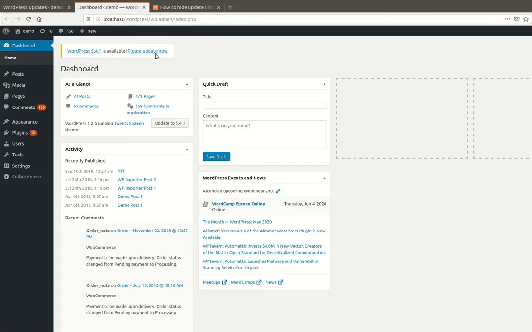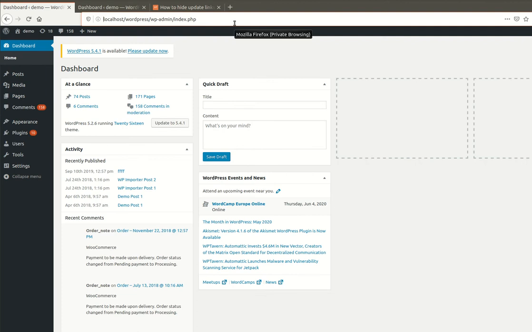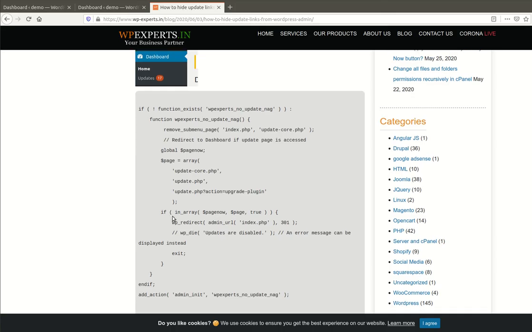Here you can see the update menu link has been removed. Okay, now I'll put this one back again, because I have removed the last function. Let me refresh this page, and you can see you are not able to access the core file. In this way, the user will not be able to update plugins, themes, or core from the backend. So let's come to the third point.